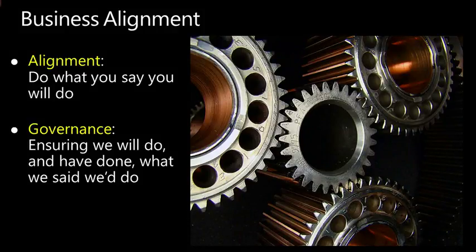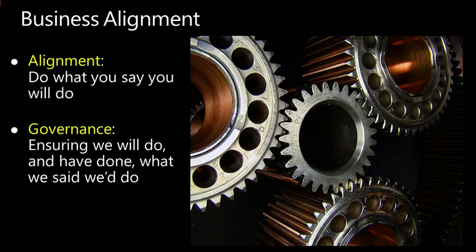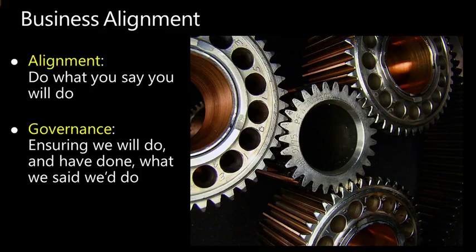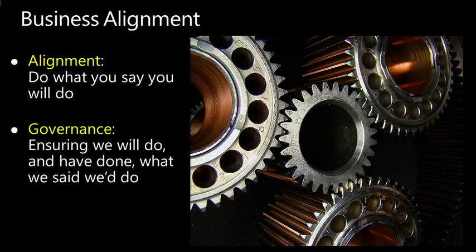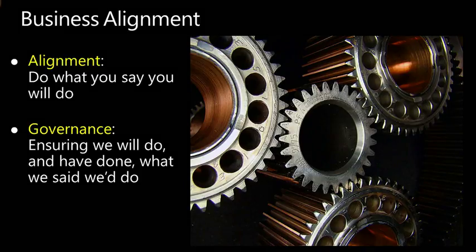Alignment says we're going to do what we say we will do, which means I'm going to look at the list of strategies and I'm going to make sure that the investments that we're making are going to deliver the strategy. They can't just be aligned. We can't just come back and say, I think it's aligned. That looks good. Can't just look good. Has to deliver on it.